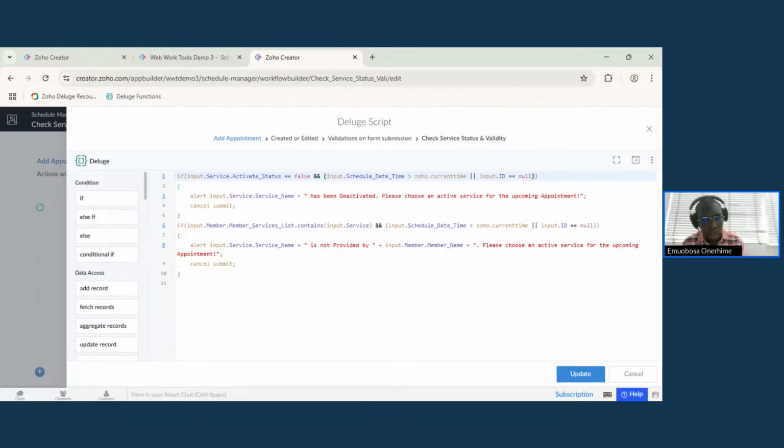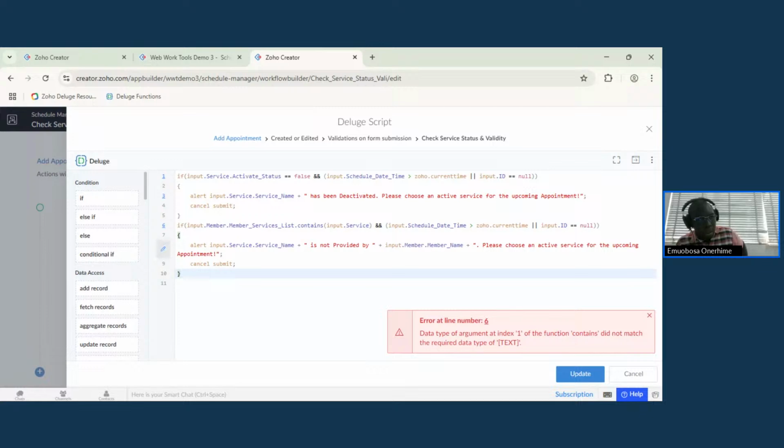Choose an active service for the upcoming appointment in future. So if it's upcoming and otherwise, it's upcoming and otherwise. So even if it's not upcoming, if it is ongoing and it's no, yes, so